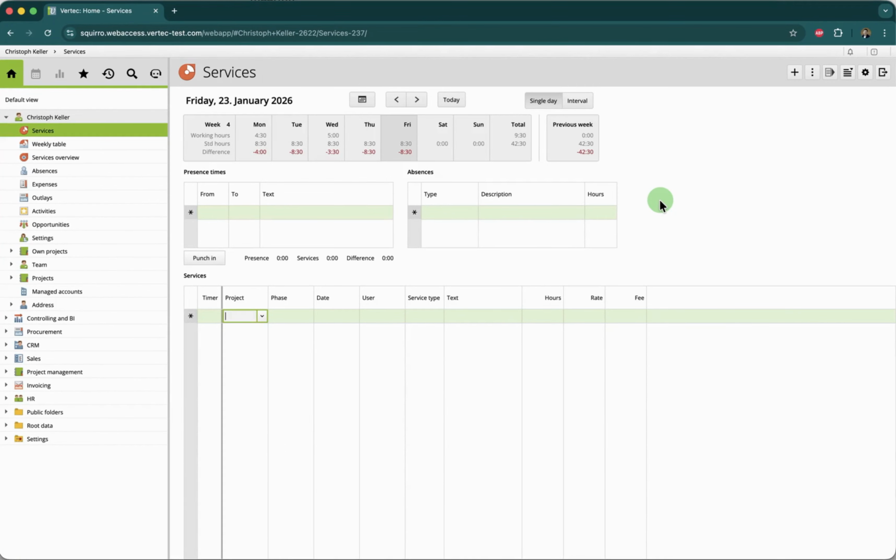How to use Vertec with an MCP server. Let's take a look at current capabilities related to AI and specifically related to MCP servers. What we're looking at now is a specific development instance of Vertec. This one is connected to the newly developed MCP server, and we will talk to this instance through a third-party chat interface. We'll try to write data into it, and we'll also try to extract data out of it.